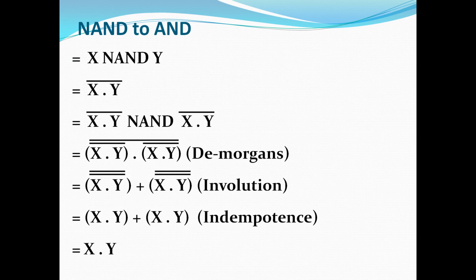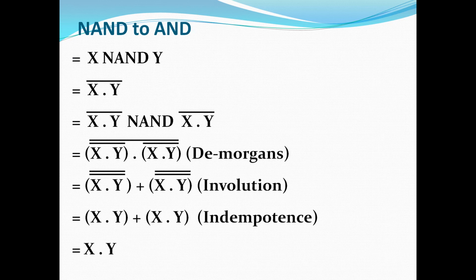So how can we derive this? When you derive the AND operation, the first NAND gate takes two inputs, x and y. It will be x NAND y, so the output will be (x dot y) whole dash. After getting the (x dot y) whole dash output, next we look at the second gate. Its two inputs are the same. The first NAND gate output is given as the input for the second NAND gate.